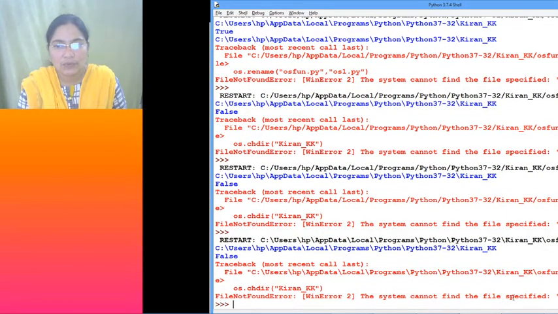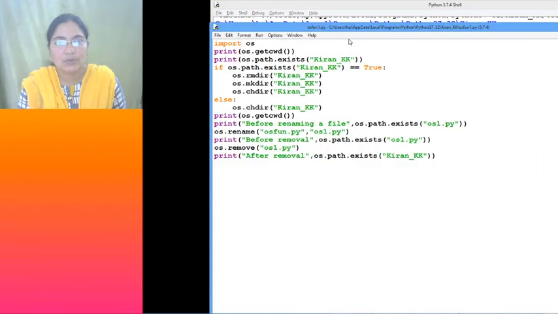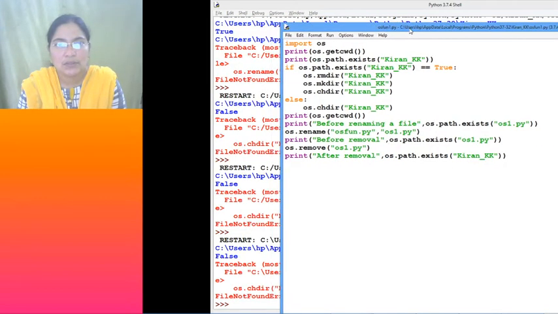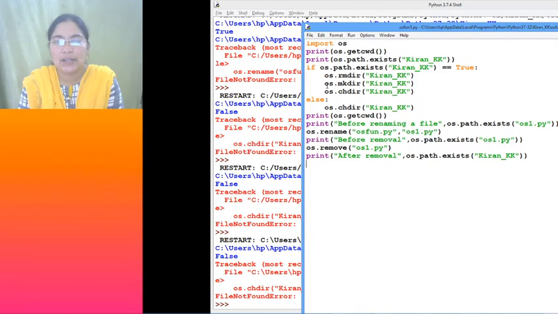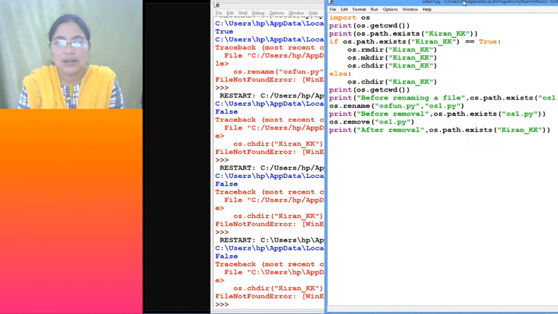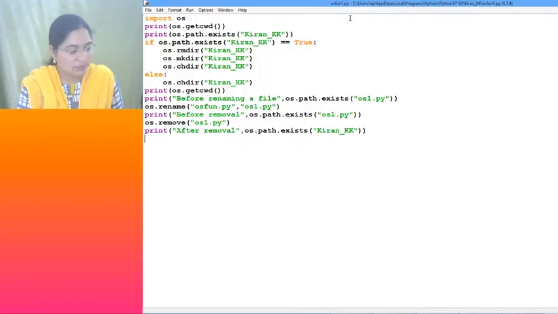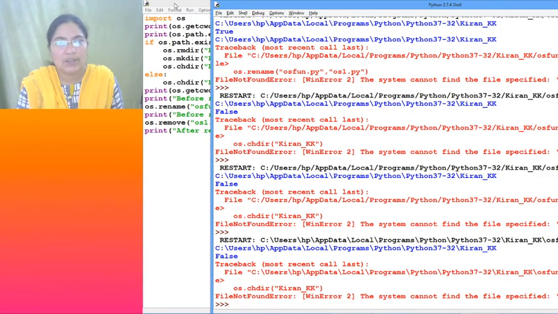The system cannot find the file specified, Kiran underscore KK. See, path exists. So within this current working directory, there is no Kiran KK directory. Okay. So the present working directory is already Kiran KK, right? So now when we are checking, what is happening here?